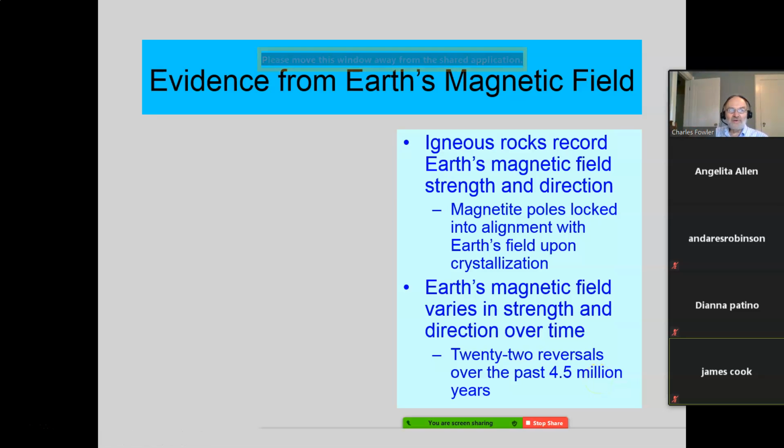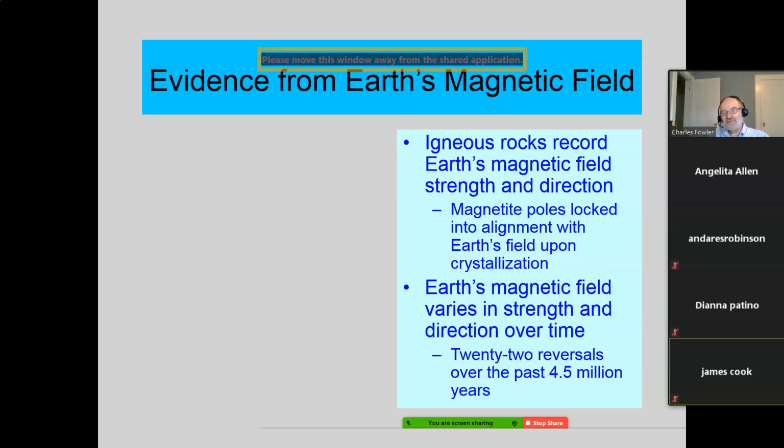Now remember, we said the Earth has been around, kicking around since about, what do we say, 4.8 million years. So this is 300, no, I'm sorry, that was 4.8 billion years. No, 3.8 billion years. So this is just in the past 4.5 million years we have measured these reversals. If we could have cored deeper and deeper, we could have found even more. 22 reversals over 4.5 million years. That would be about one reversal every 200,000 years or so.